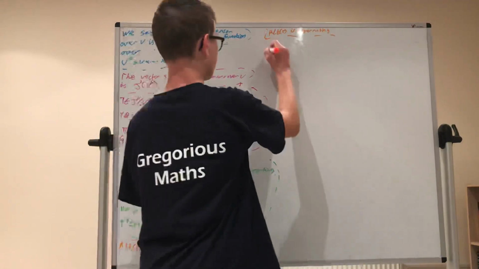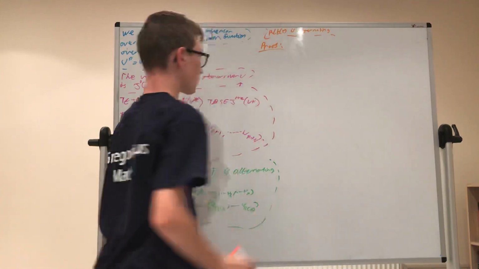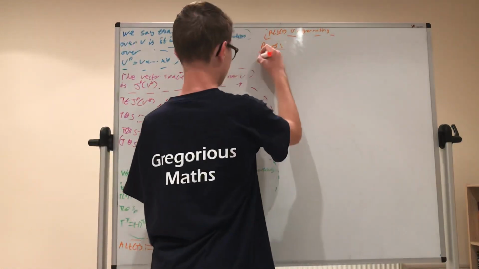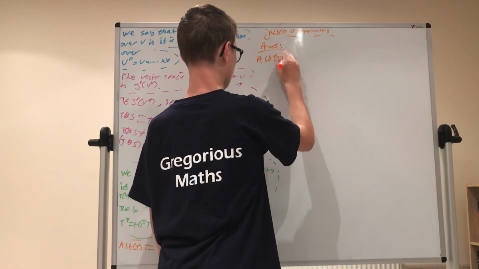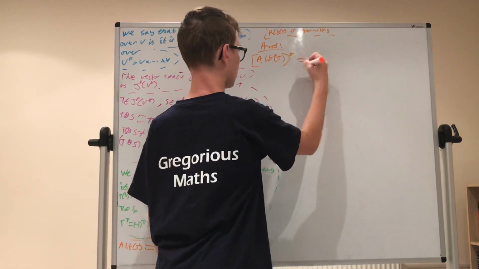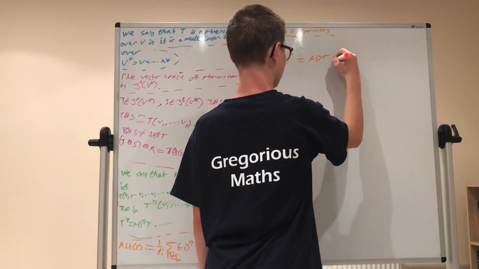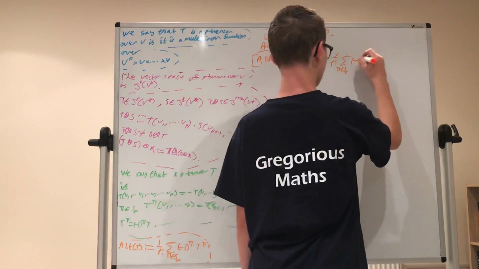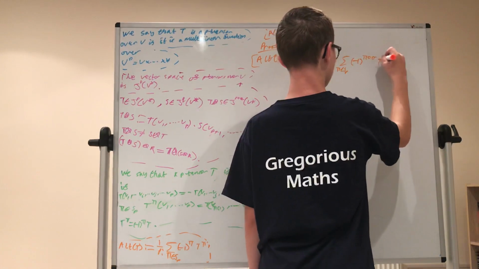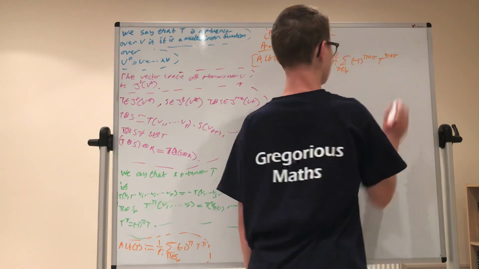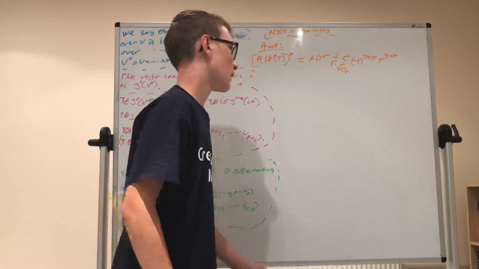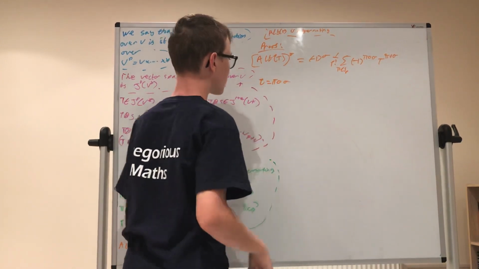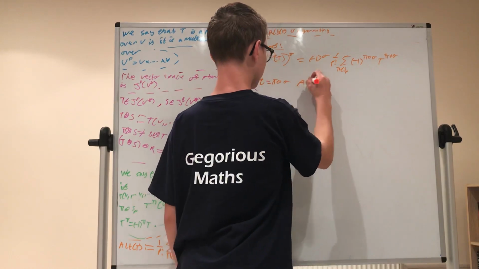And the proof is quite simple, it's just a simple computation. We want to show that alt of t to the sigma is equal to negative 1 to the sigma alt of t. So let's just do that. Alt of t to the sigma is equal to negative 1 to the sigma 1 over p factorial times the sum over all pi in the permutations of negative 1 to the pi composed sigma t to the pi composed sigma. And now, letting tau equal pi composed sigma,